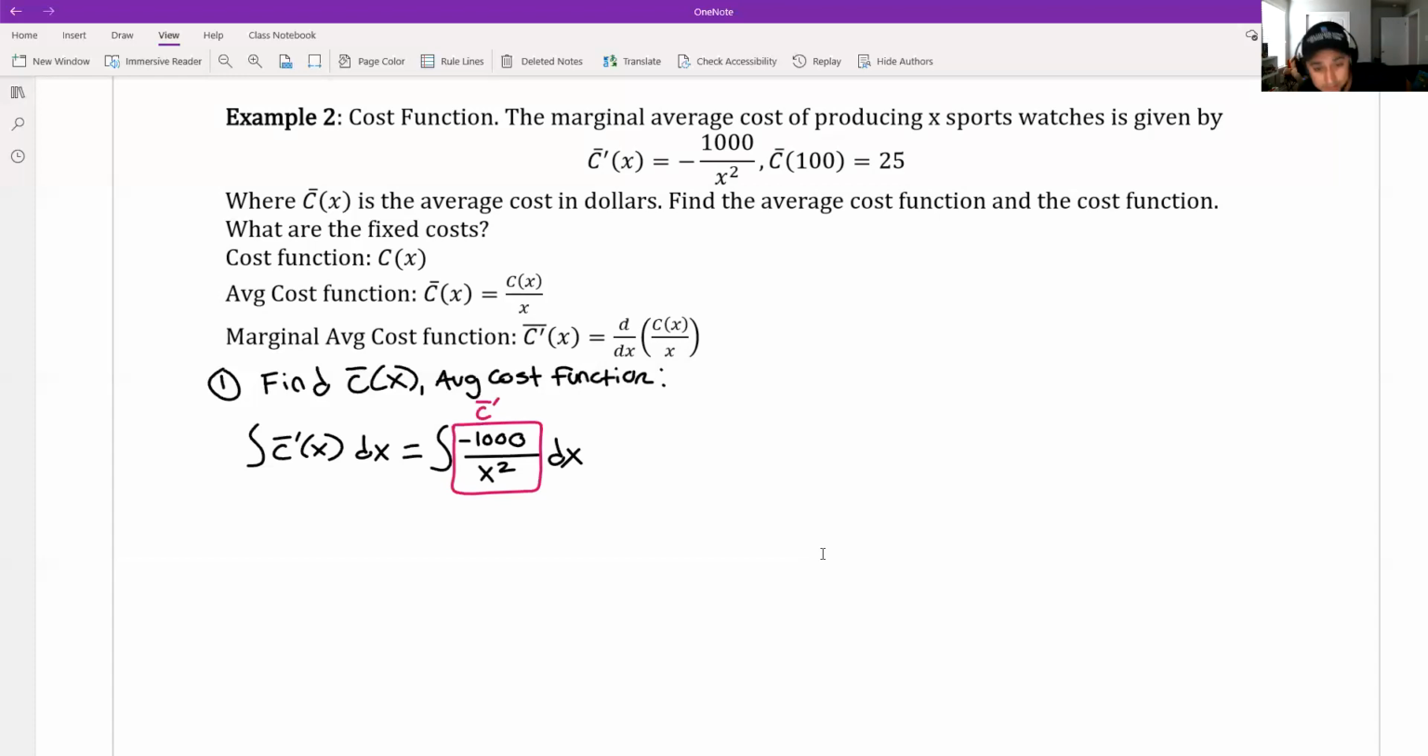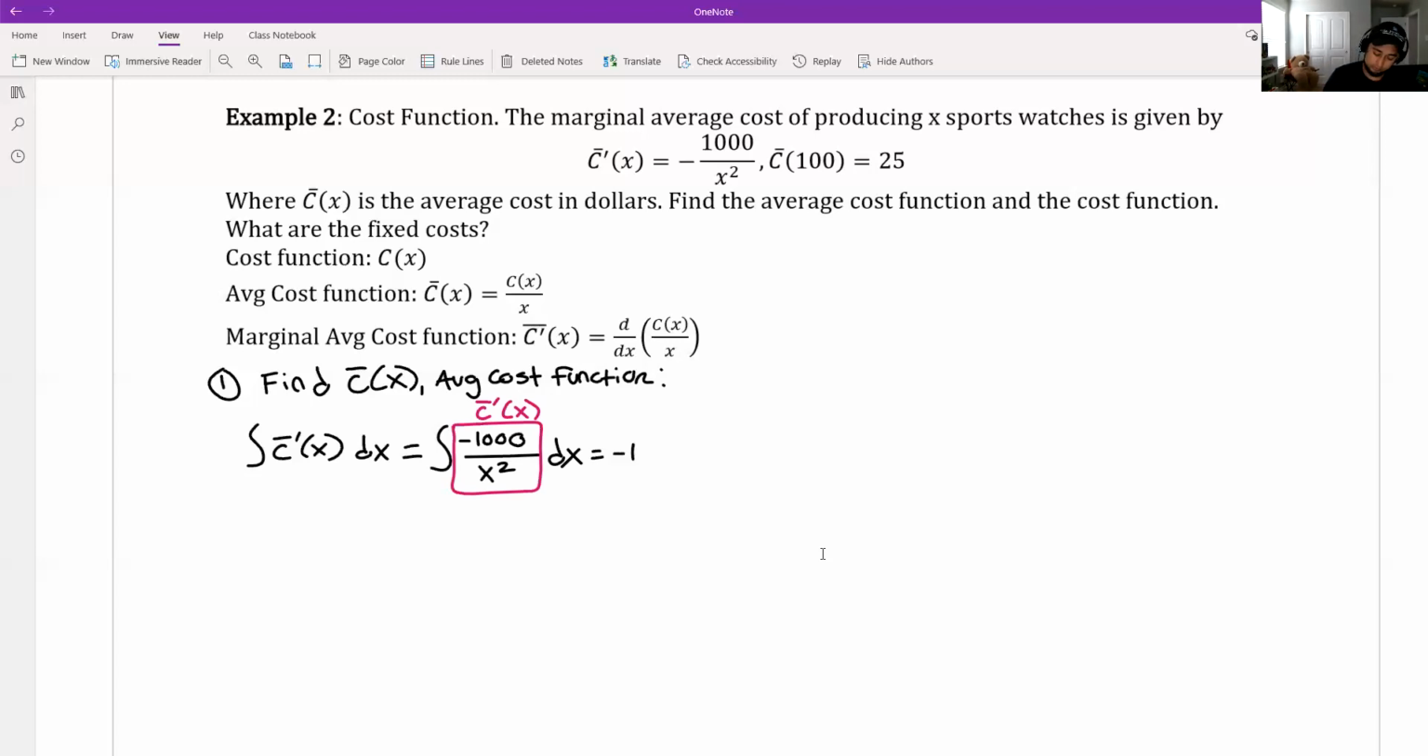That's C bar prime of X. Okay, keep going. Let's find the integral to get us the antiderivative. But first we have some rewriting. First thing we're going to do is take that negative 1,000 out to the front. So this becomes negative 1,000